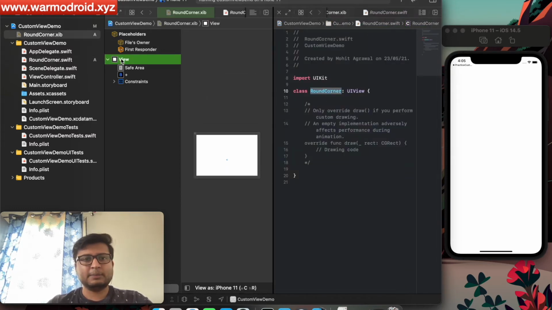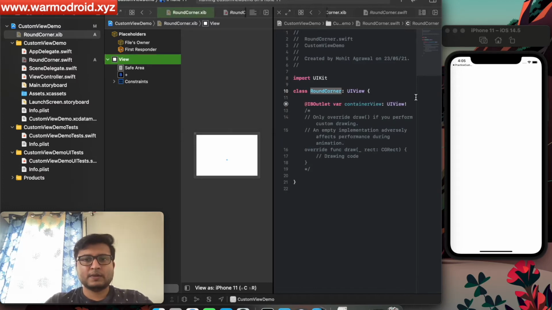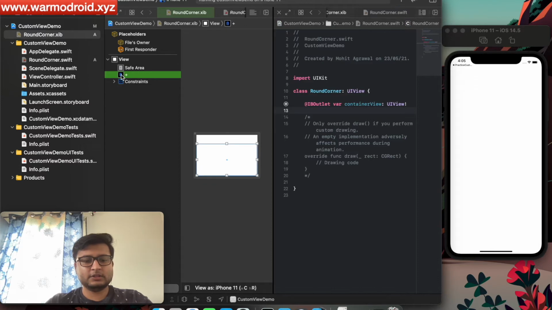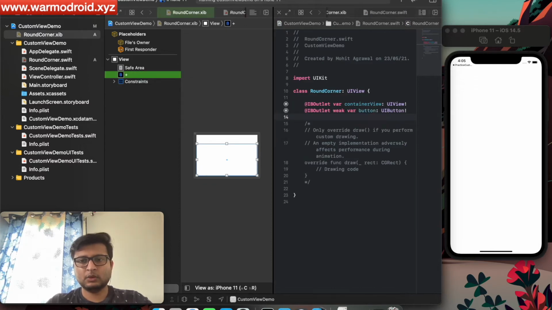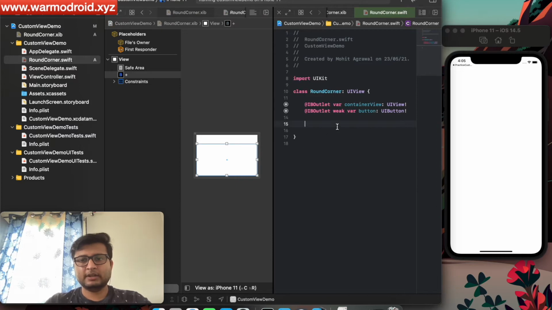Now select this parent container view and create the reference outlet for this view and give it the name containerView. We need to create the reference for this button as well. Okay, so that is all about creating the outlets.